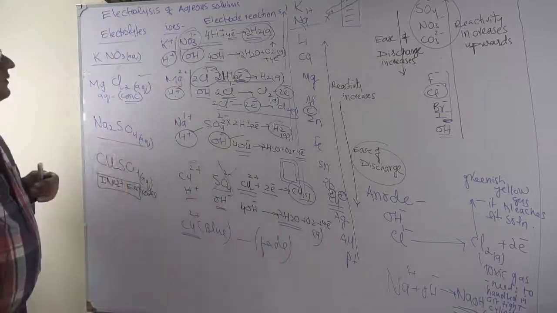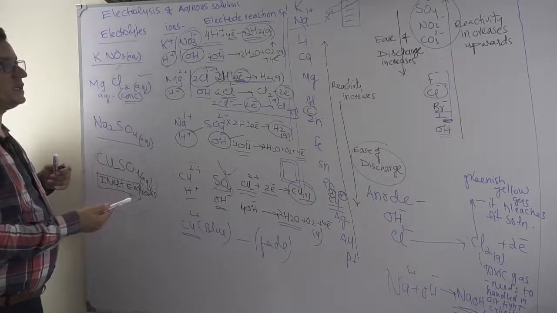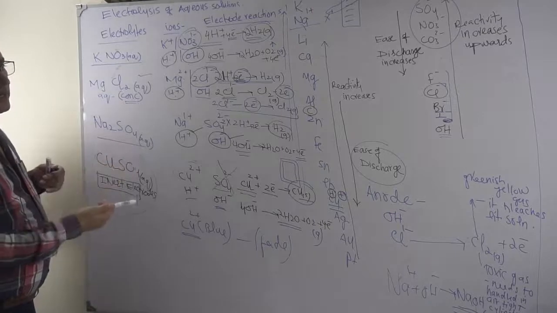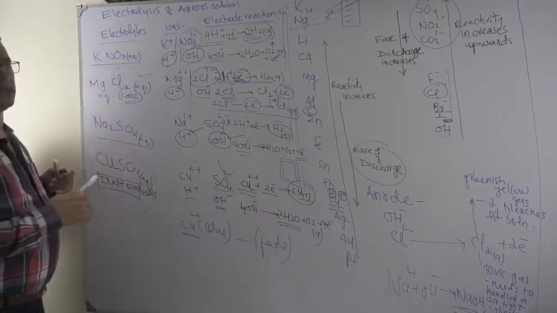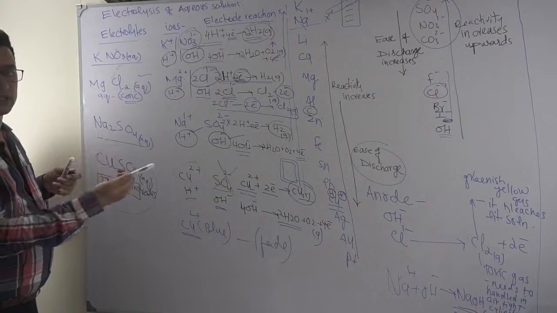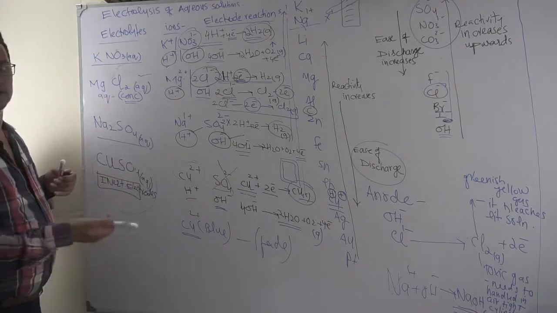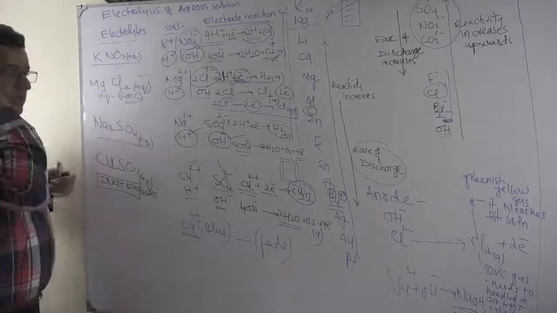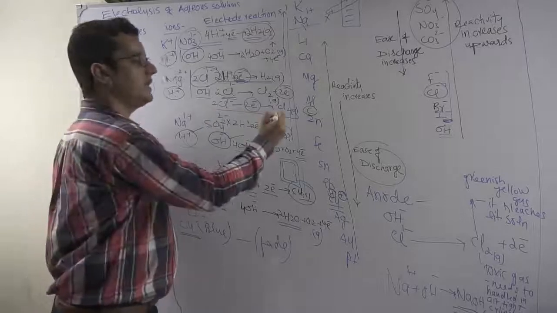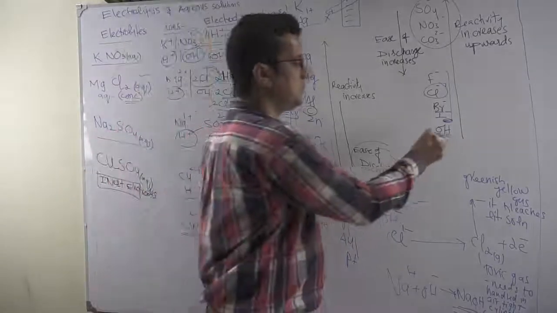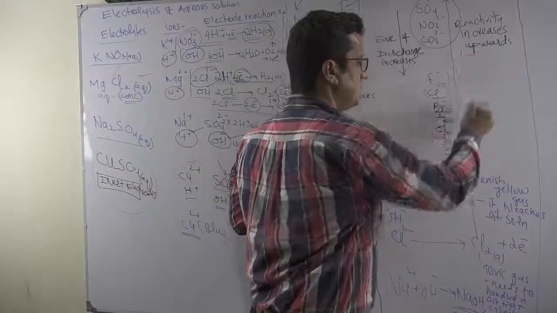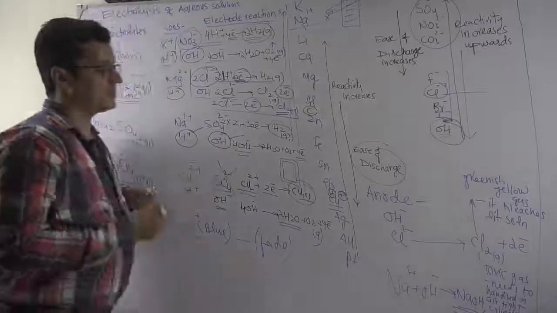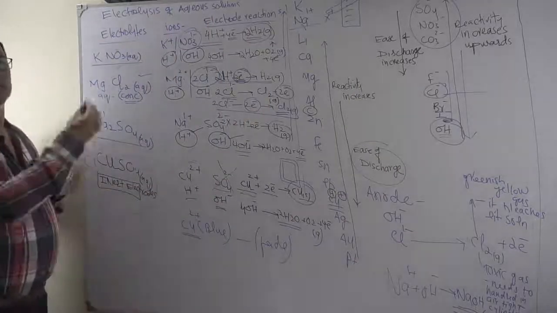So electrolysis of aqueous solutions basically involves cations and anions from water as well as from the salt. And the discharge mechanism depends basically on their position in the reactivity series. Lower they are, more ease of discharge. But especially in the case of anions, concentration effect may play a role and positional effect may be cancelled out, as we have seen in plenty of cases that if it is concentrated, chloride ion will discharge, although the positional effect of hydroxyl ion was saying that it has more ease of discharge, but chloride ions got the discharge slip. Electrolysis of aqueous solution, we will take some more examples.